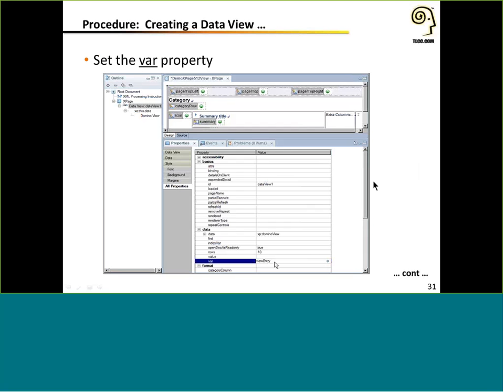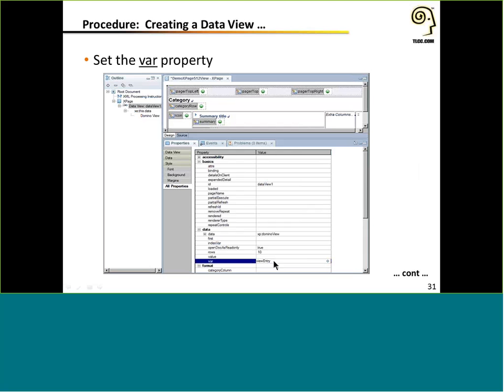Now, when you're adding a data view to a page, you want to be in the habit of setting this var property. So here we've selected the data view under all properties and then data, and then there's this property called var. Essentially, if you've used a repeat control, you've certainly used the var property. If you've only used view panels, you may or may not have.